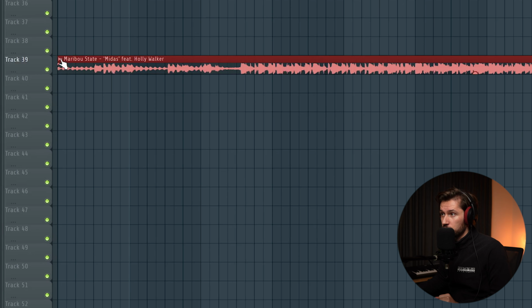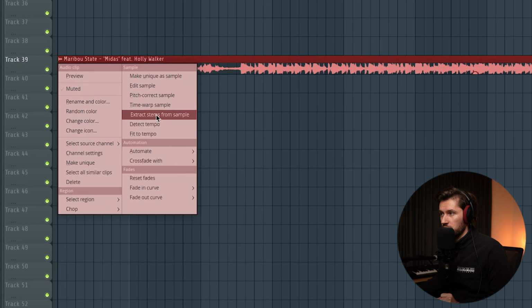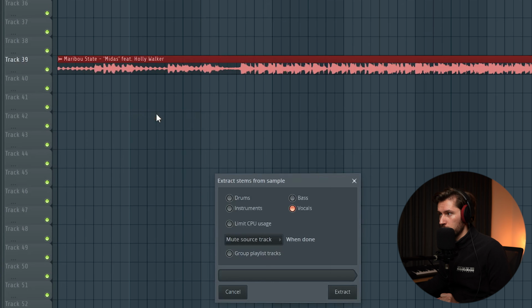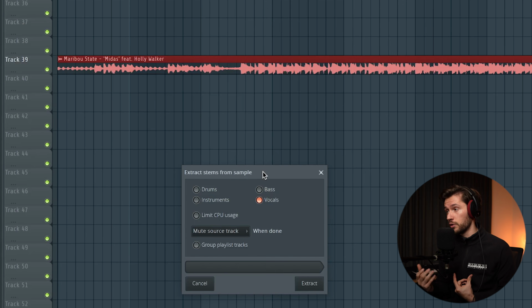original track. So basically drag in your track into FL Studio, select the icon right here, so this waveform or tiny icon, and then select extract stems from sample, and then you just have to extract the vocals. But you can also, for example, extract the bass and then figure out the bass notes if you use a key detector, for example. But in this case, we're going to keep it simple and I'm just going to use